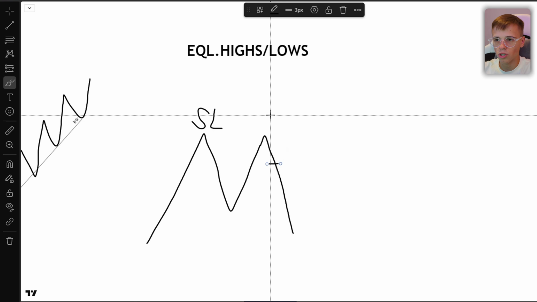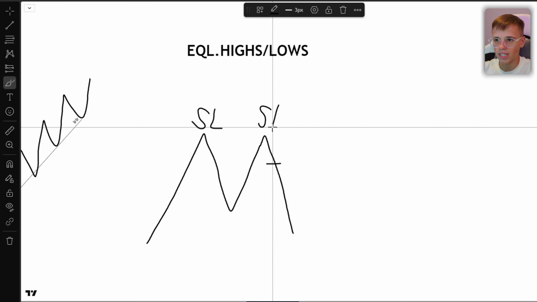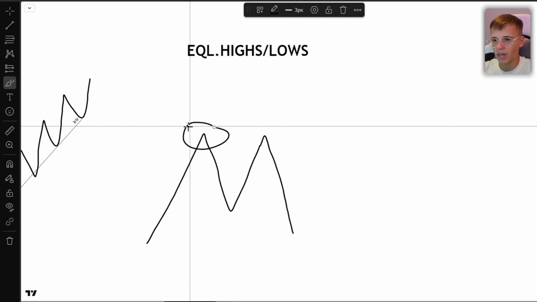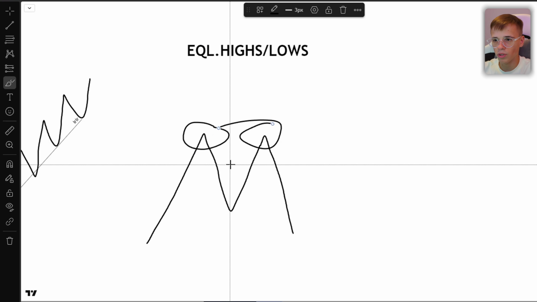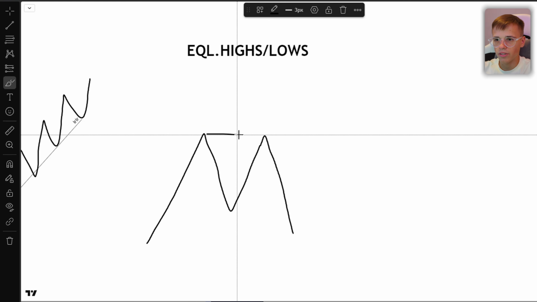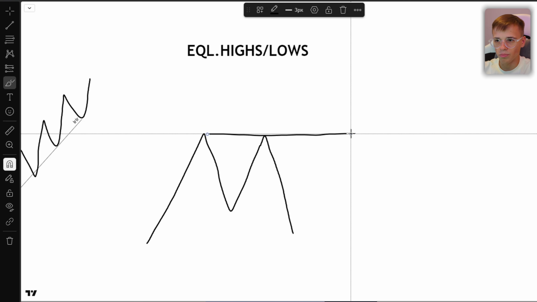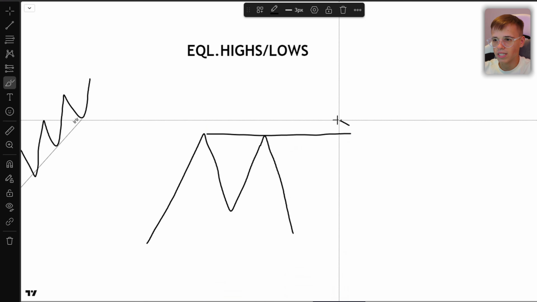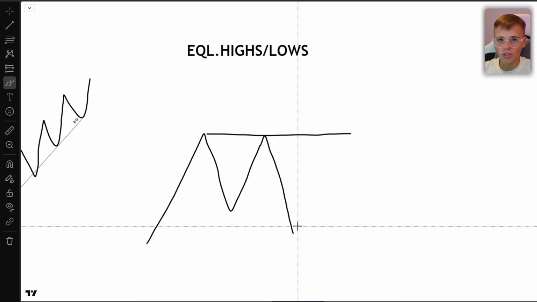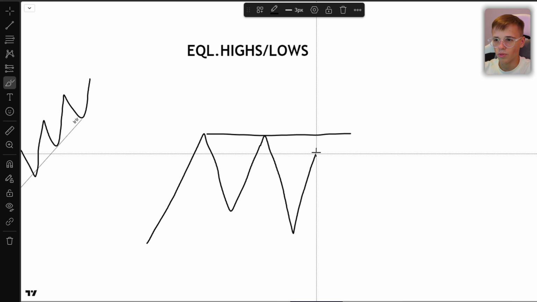And where did they put their stop losses? Again right here on the same high. And what is going to happen? Basically we have two same highs right here that both have stop losses. And what does that mean? That means that we have twice the liquidity right here on these highs. And what is that going to mean to us? That means to us that this level right here is basically a huge magnet in the market, and we are just going to want to take it as soon as possible like this.